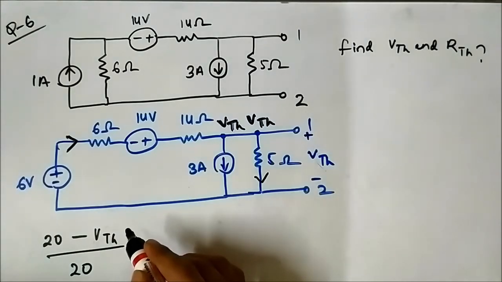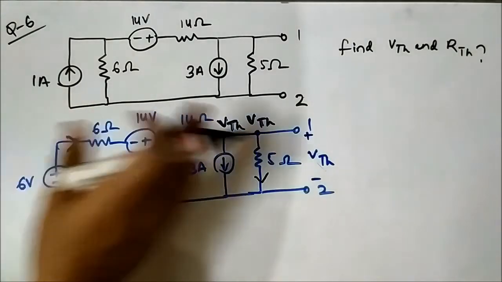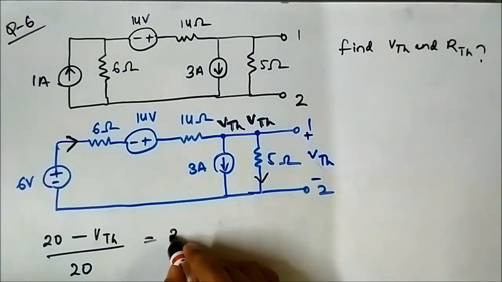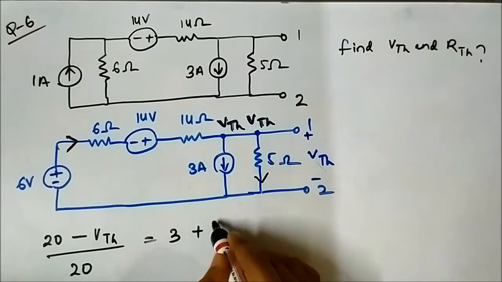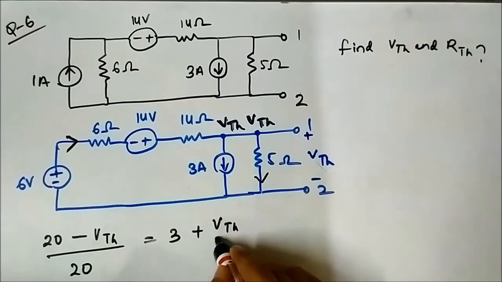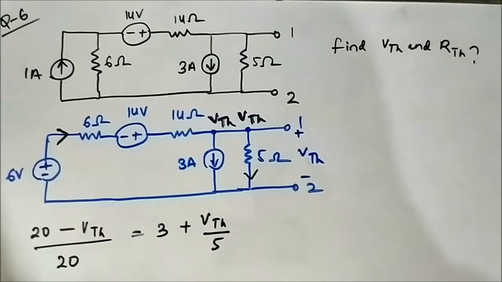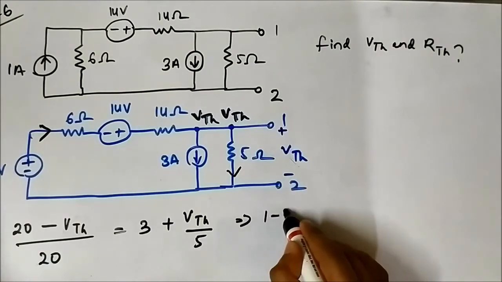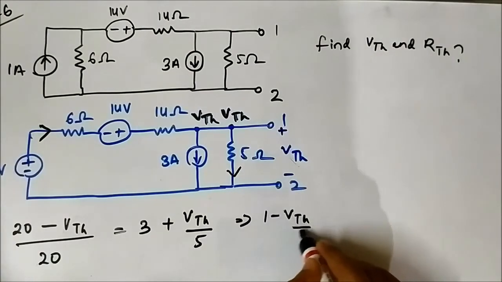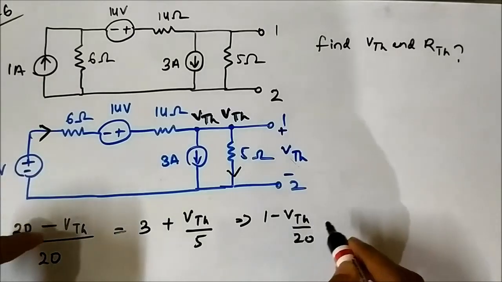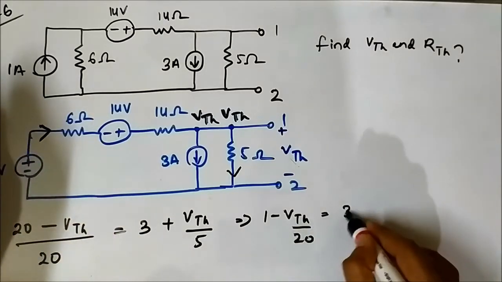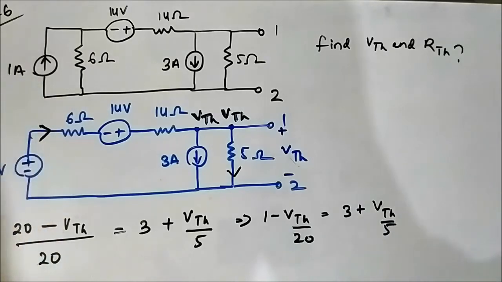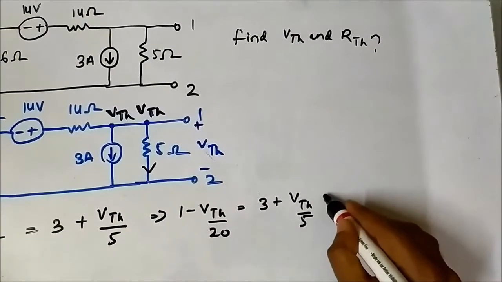Okay, then this is the only incoming current towards the node, the remaining are outgoing currents. This is 3 plus VTH by 5. Okay, that implies 1 minus VTH by 20 is equal to 3 plus VTH by 5, or we can write it as